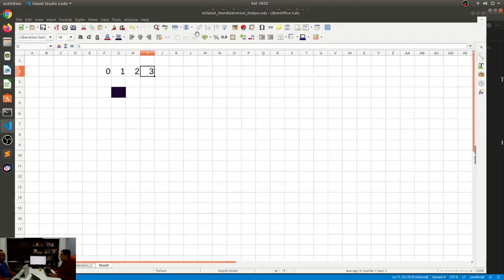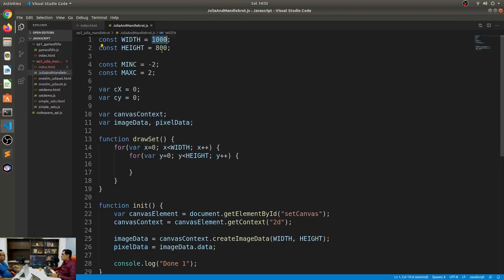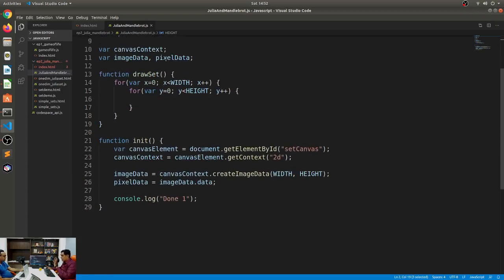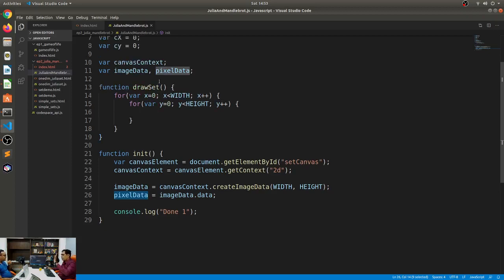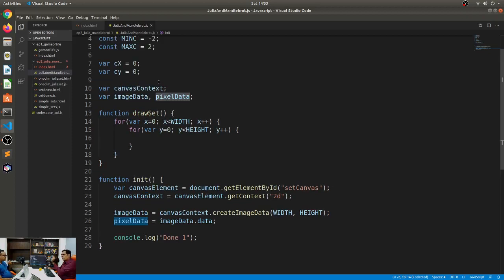So if I was to create pixel data of 1000 width and 800 height, that is already a huge amount of pixels. 800,000 pixels by itself is huge, but then the pixel data is 800,000 times 4, which is 3.2 million values that we'll have to evaluate. Four of those pixel data elements represent one pixel having the color elements. So that's a lot of manipulation.